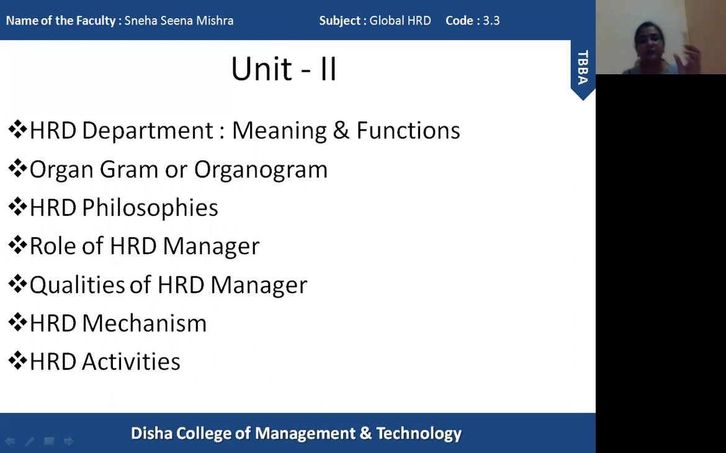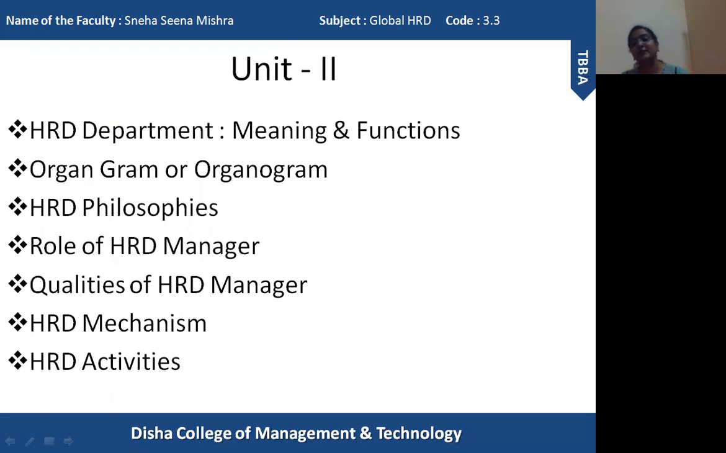Second unit is a little bit shorter than your first unit. So first of all, HRD department, how a department is created, what are its functions, that I have explained. It is very similar to the introduction of HRD. Then comes organogram, or you can also call it as organogram. Organogram is basically